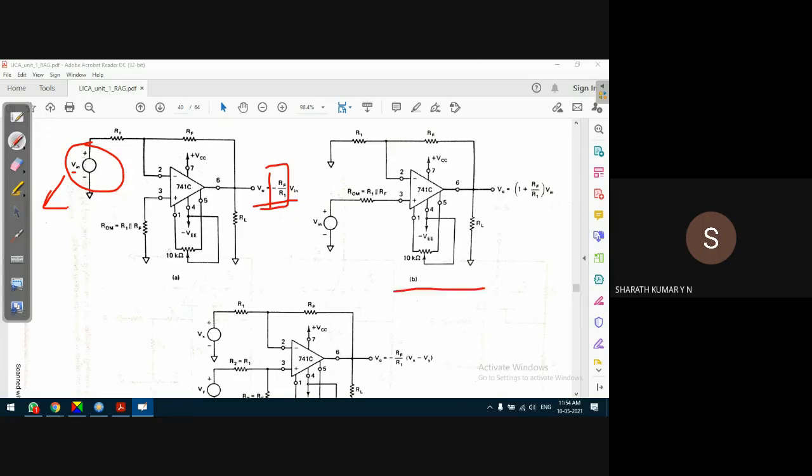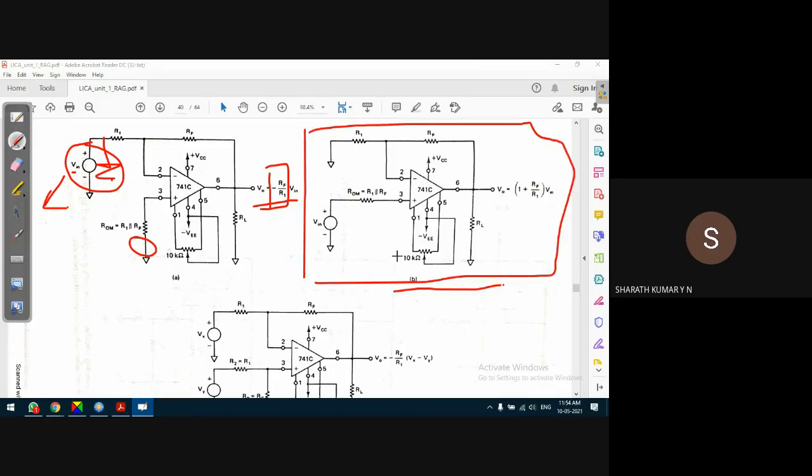Next is the non-inverting amplifier. What is a non-inverting amplifier? Guys, very simple. Connect this supply point to ground, and connect the supply to the non-inverting input. It becomes a non-inverting amplifier. Other things remain the same: R1, RF, everything remains the same, except the supply at the non-inverting input terminal and no supply at the inverting input. That's how we can easily convert an inverting amplifier to a non-inverting amplifier. The gain of the amplifier is 1 plus RF by R1.